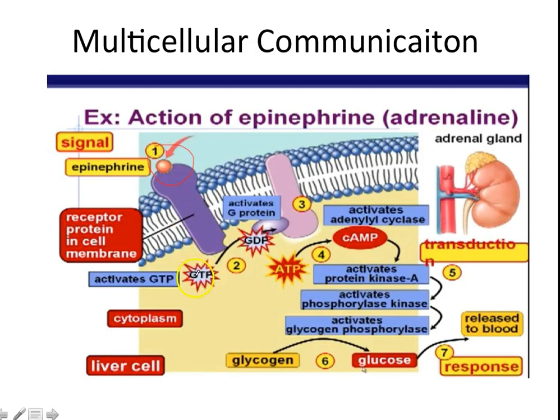And then that, with some energy, is going to activate this G protein receptor over here, and with more energy is going to activate adenylyl cyclase, or cyclic AMP, and that activates a protein kinase, and then that activates a phosphorylase kinase, and then basically what it all comes down to is it's going to activate a glycogen phosphorylase, which is going to come over here to the glycogen and break it all up into glucose that goes out into our blood, and we are able to use that glucose to fight or flight our scary situation.